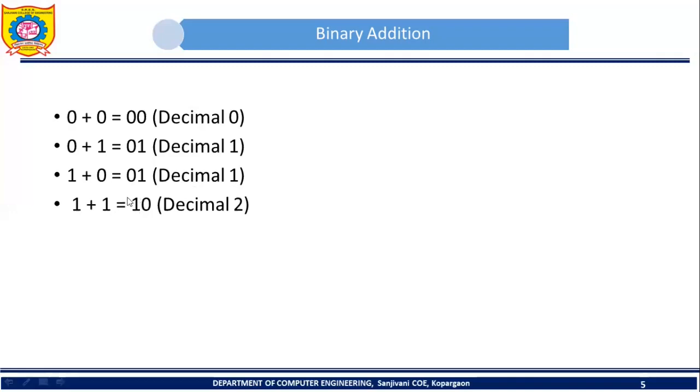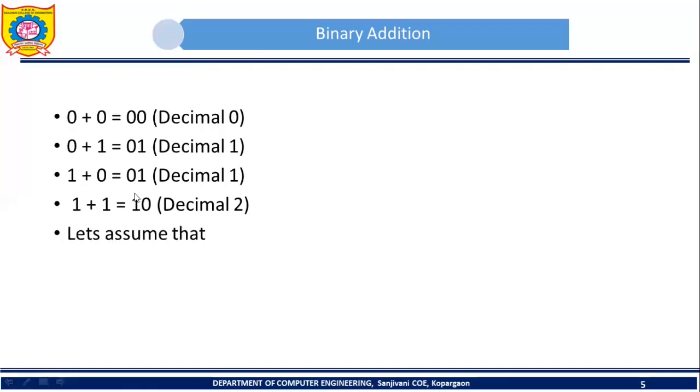So that carry will come at this particular position. So this is our binary number 1 0. So if we convert this binary number into decimal number, we will get 2. So we are expecting that if we add 1 and 1, the result should be 2. Okay, so we are getting here result 2. So please try to understand this last case. 1 plus 1. So here sum will be 0, carry will be generated. So that carry is going to occupy next position.